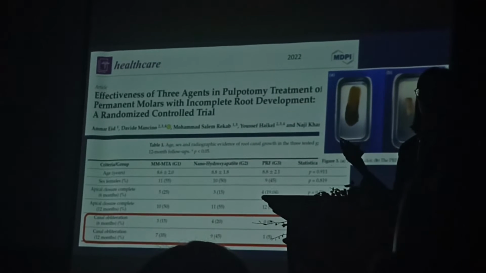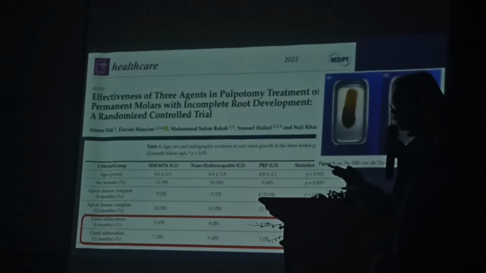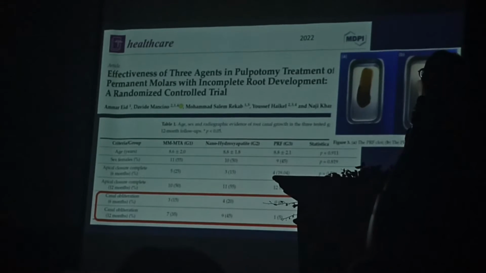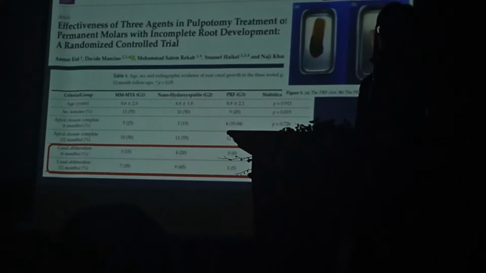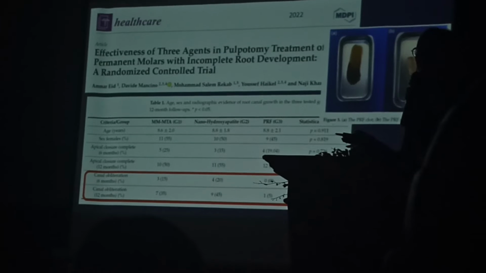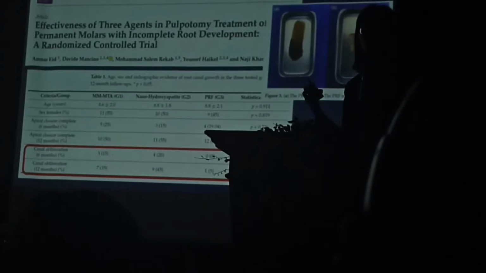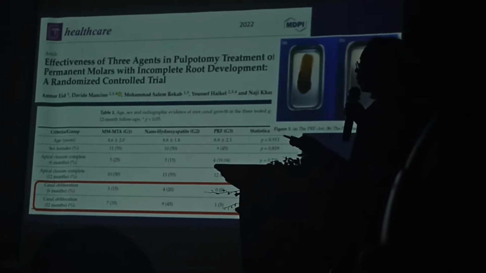We use this in other areas of medicine as well. And the interesting result here is that they show that, for the PRF, they cause less pulp canal obliteration compared to calcium citrate. So this is very interesting because it's autologous cells. It has growth factor in the PRF that helps with